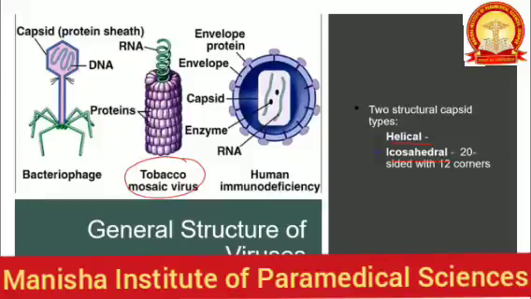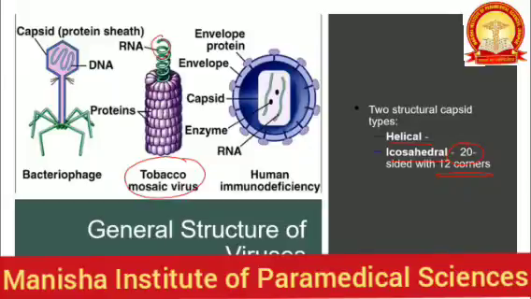Icosahedral contains 20 sides with 12 corners, so it's a complex geometrical shape, whereas the helical structure is just made up of protein subunits